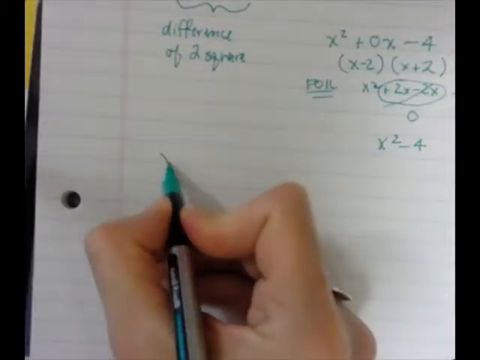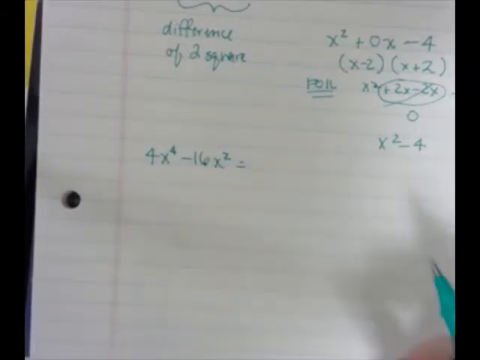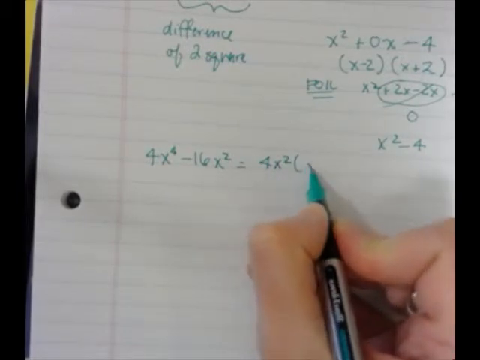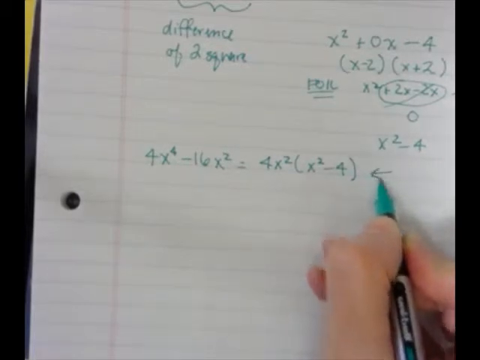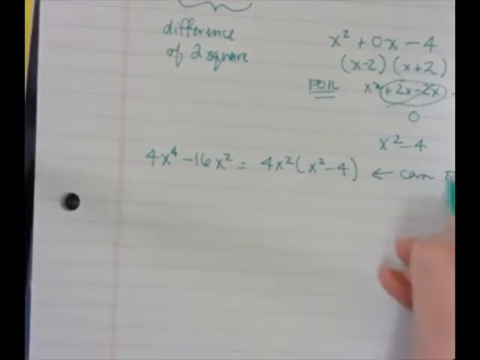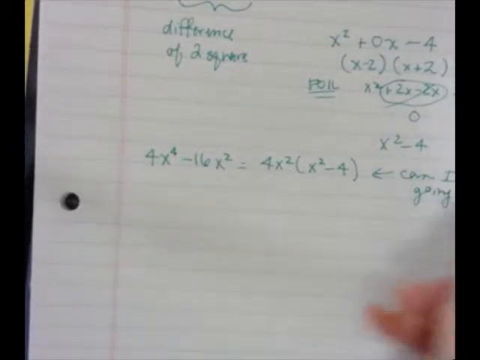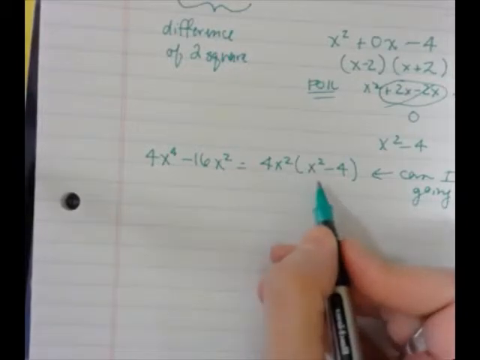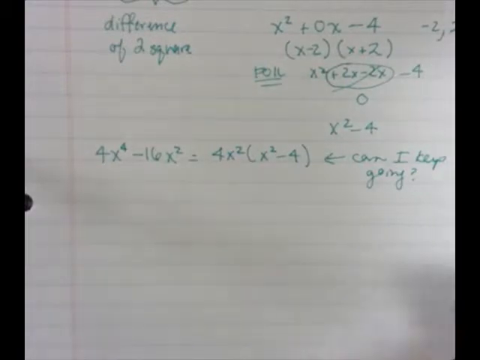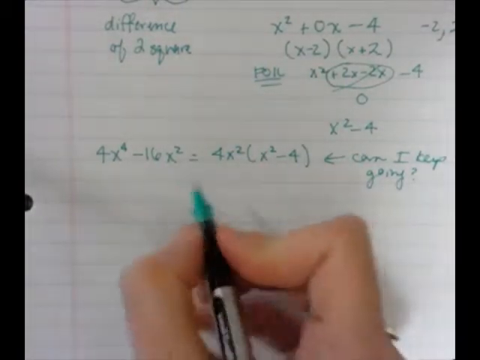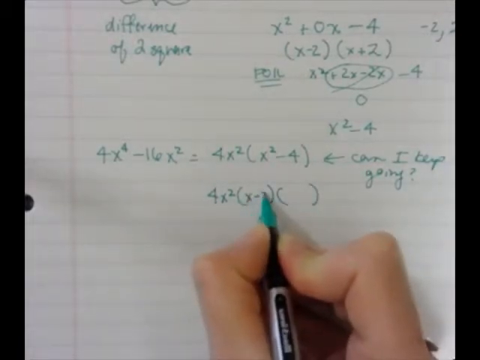So when you're given something like this, 4x to the fourth minus 16x squared, and you start with taking out your GCF, which is something that you have to do, you have to say again, can I factor again? Can I keep going? And you have to know, yes, I can keep going because this is something we call the difference of squares. So I can actually take this quadratic binomial. I know you're used to quadratic trinomials, but we have this quadratic binomial. It's called the difference of two squares, and I can keep factoring this. So ultimately, if I want to factor completely,